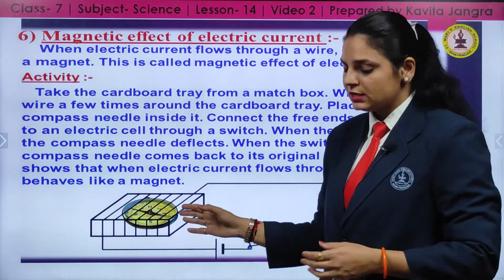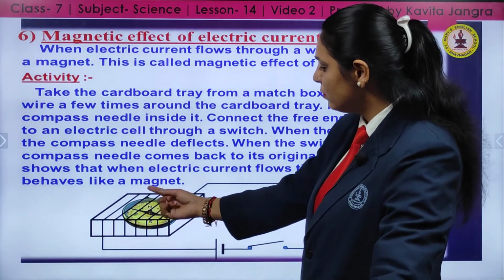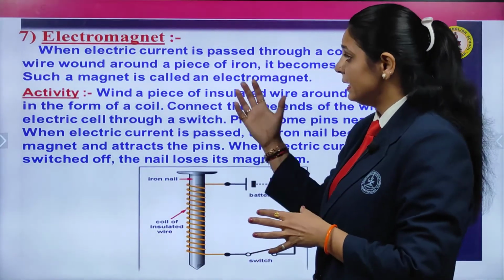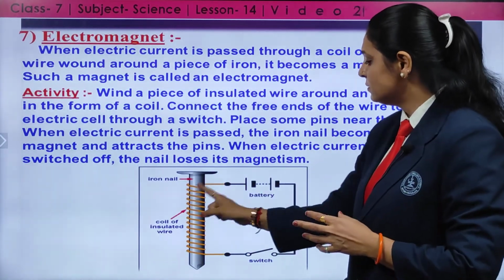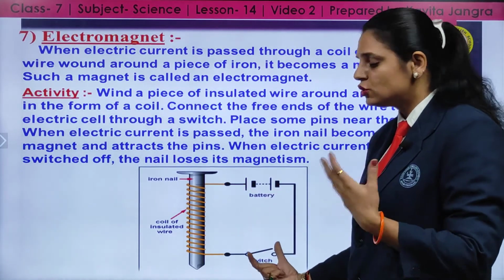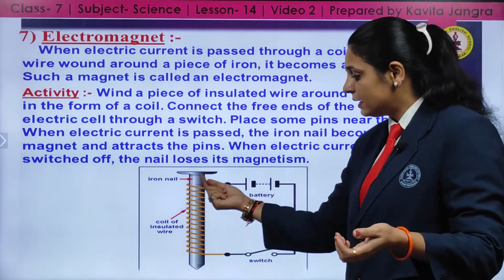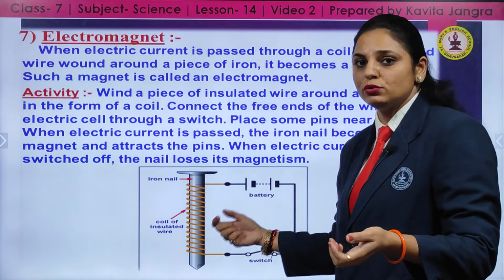So this way you can see the compass will deviate, deflect due to the number of coils which you place near it, that is the electromagnetic effect. So electric current passes through the coils to make the number of turns. Here you have to take a battery, and a switch you can also make. When you turn on this switch, the current passing through this number of coils,